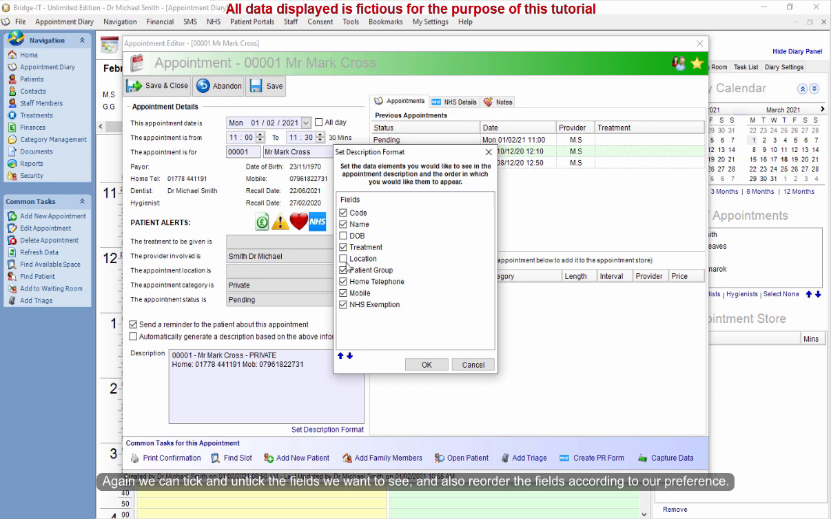And notice I have various fields ticked here. Again, this is similar to earlier where we can reorder our description by simply clicking on it and then by moving things up or down as to where we want to see them in the description. So let's say, for example, we're not really interested in seeing the patient code in our description, but we do want their name and we do want their date of birth in the description. We also want the treatment, the patient group, and all these other details. So if I OK that,